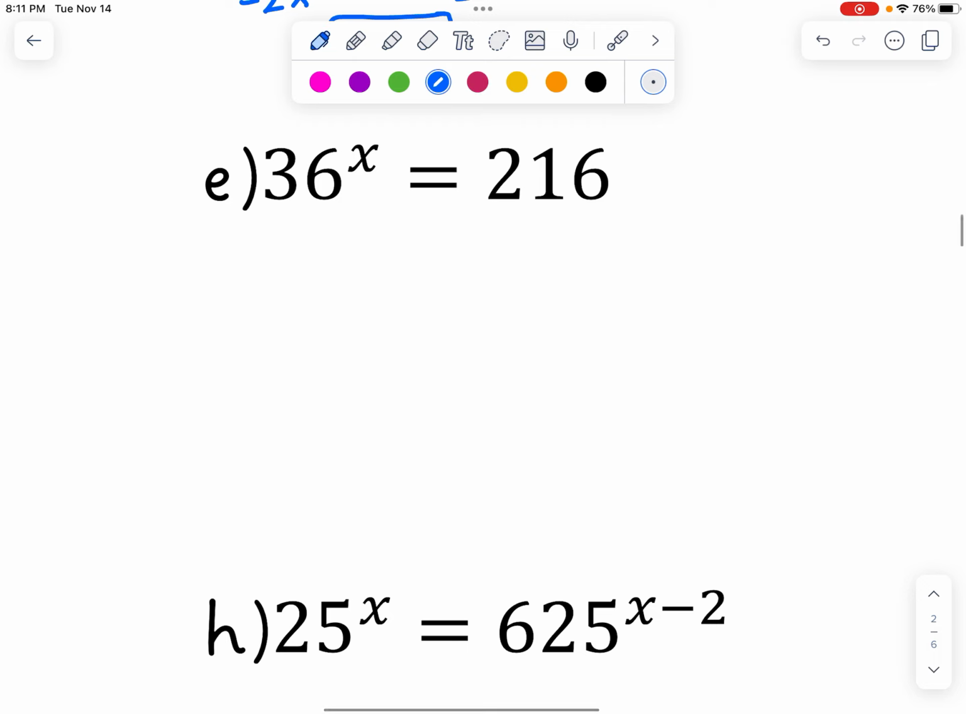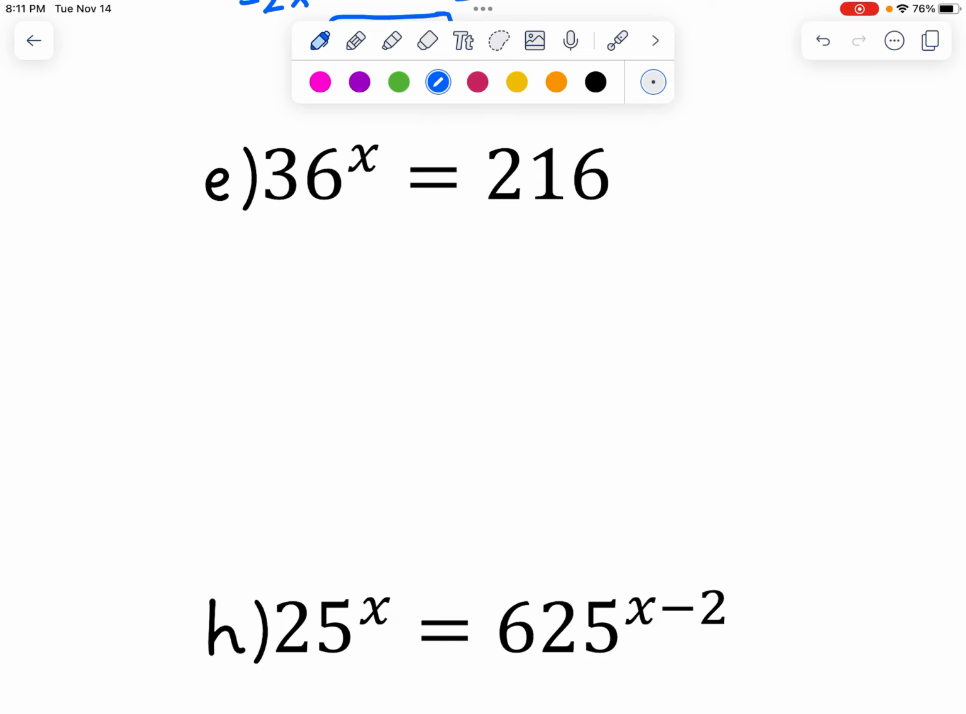All right, for E here, we're going to rewrite 36 and 216 so that they're the same base. Notice I keep saying base, not the same number, because it's really important you remember that when we're rewriting these, we have to rewrite them as a number to an exponent. So it has to be an exponential, a base to a power. I know 36 is 6 squared,